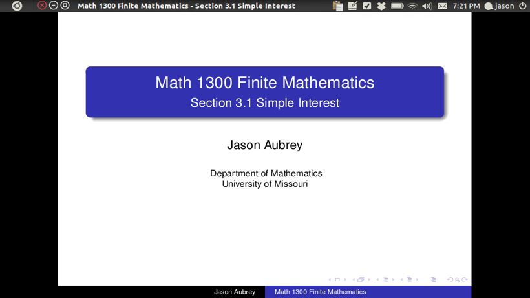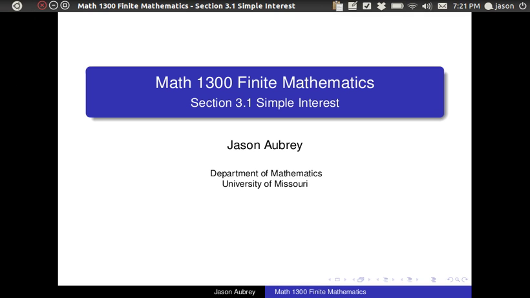We begin our study of finite math with a discussion of financial mathematics in Chapter 3, starting with Section 3.1, Simple Interest. We'll study two different types of interest in this course, simple interest and compound interest. Simple interest we'll just use for short-term investments of less than a year, and for longer-term investments we'll always use